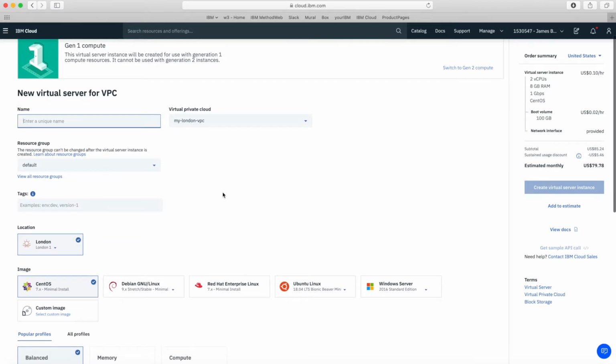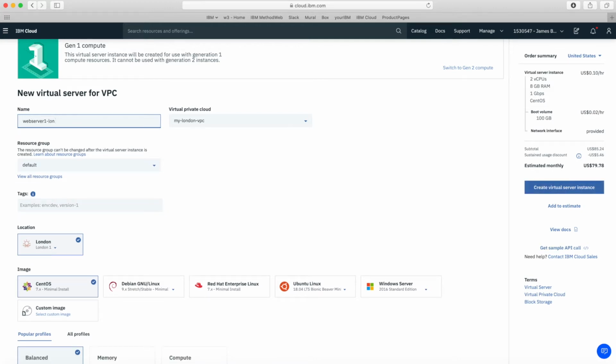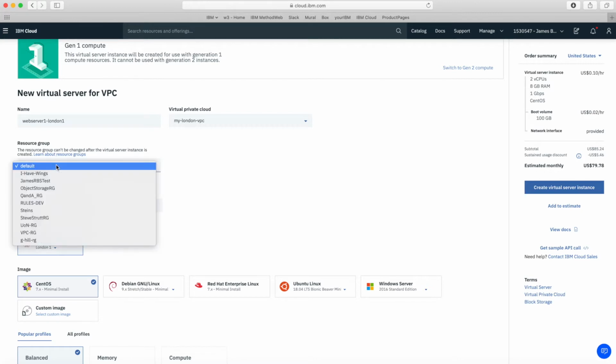I'm going to give my server a name. Again, I'm going to stick with a naming convention, so I'm going to call this Web Server 1, and I'm going to call it London 1, because I'm going to create this in my London 1 zone. I'm going to check that my virtual private cloud is correct, so it's my London VPC. I'm going to put it in a resource group, so again I'm going to put this in my VPC resource